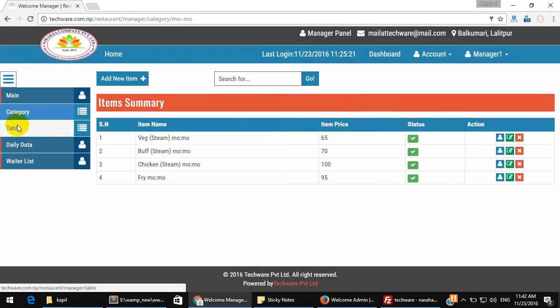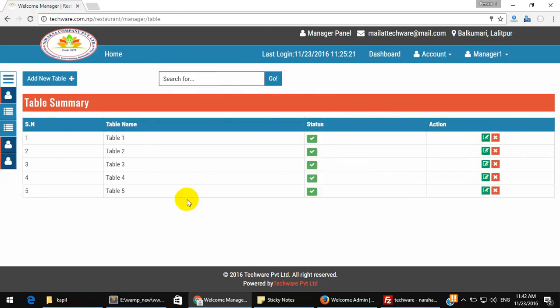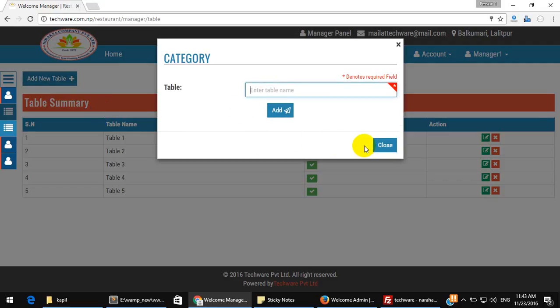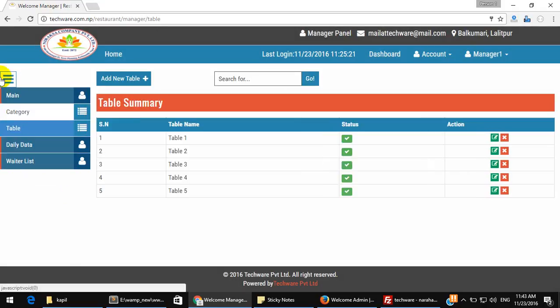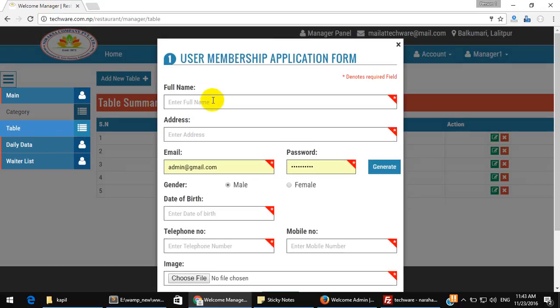Similarly, the table section also has the same feature. We now have 5 tables, and if we want to add any other table we can add it from here. And the waiter: now the manager will create a waiter. It is the same as when admin creates the manager. It needs full name, address, email.